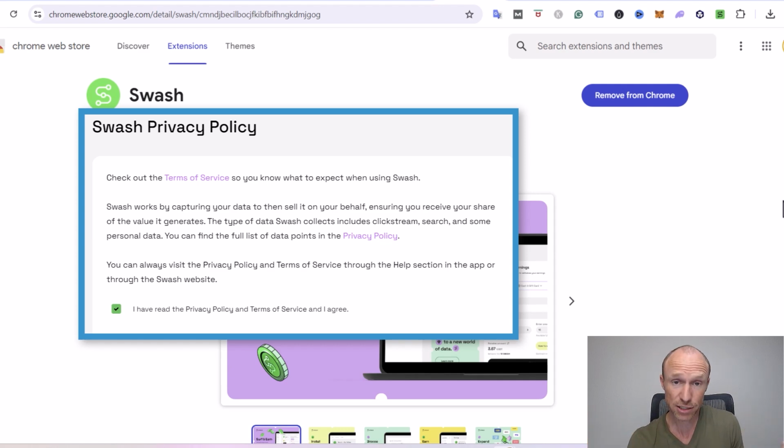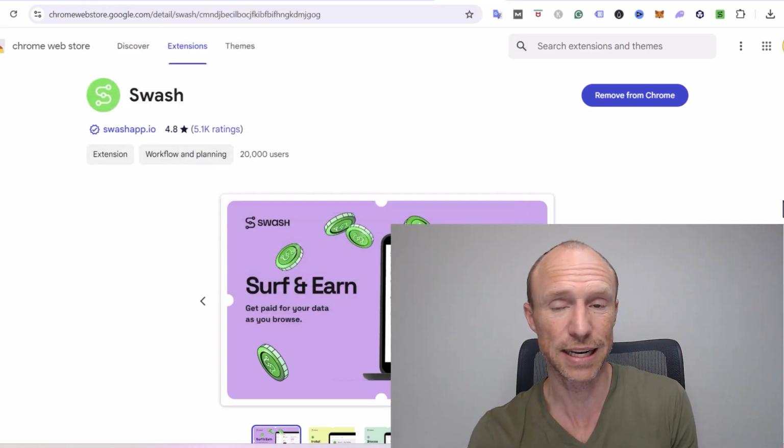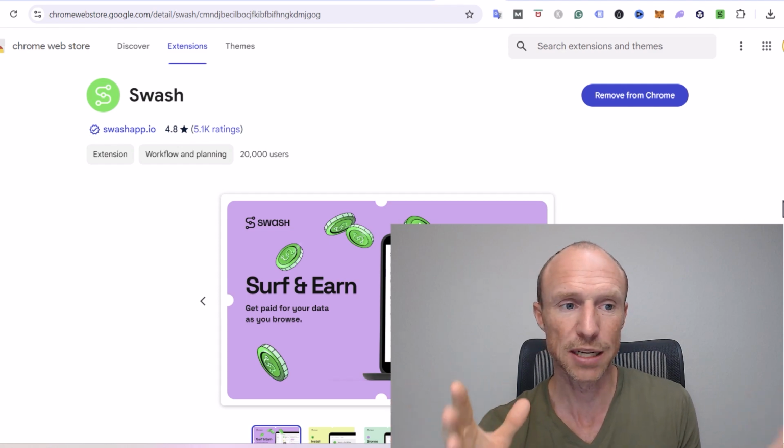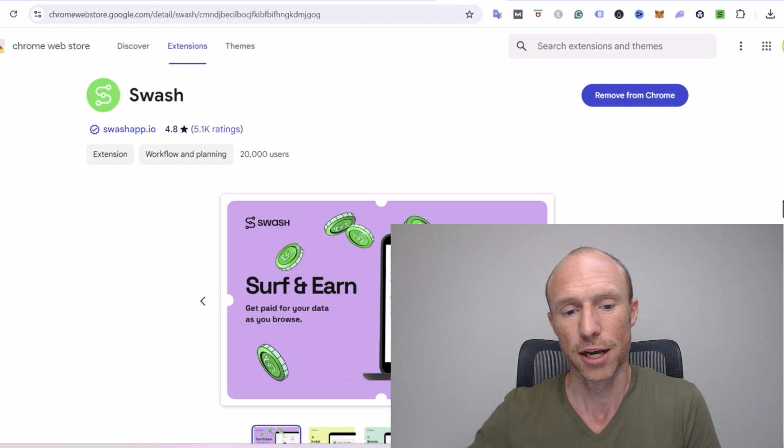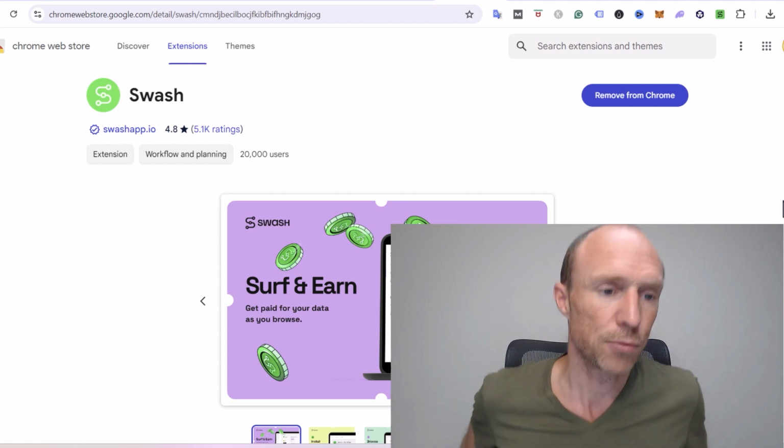So, that's just what you need to be aware of. Whatever data they collect from whatever websites you're using, they will sell that. So that's just something to be aware of. If you can accept all that, you just go through the process there, and when you then create this account there,